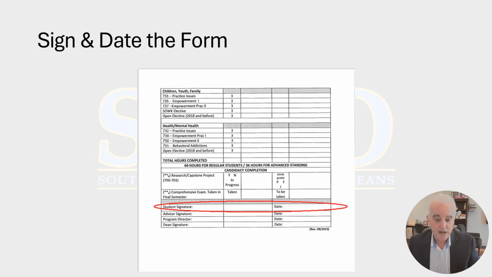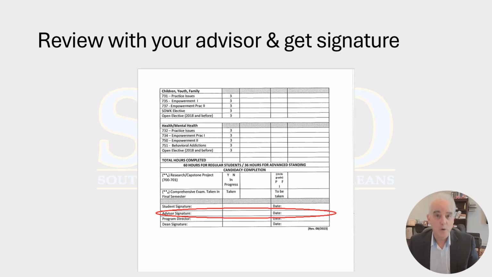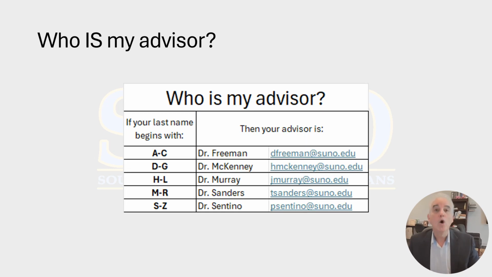Now you will want to sign this and date it, the date that you completed it. And then you're going to want to get your advisor's signature on the form. Your advisor needs to check it over against your transcripts along with the graduation application, which they'll also have signed. And then you're going to need, oh, by the way, if you don't know who your advisor is,